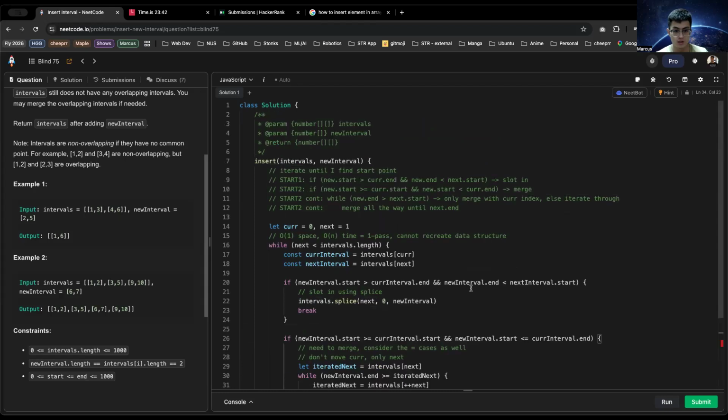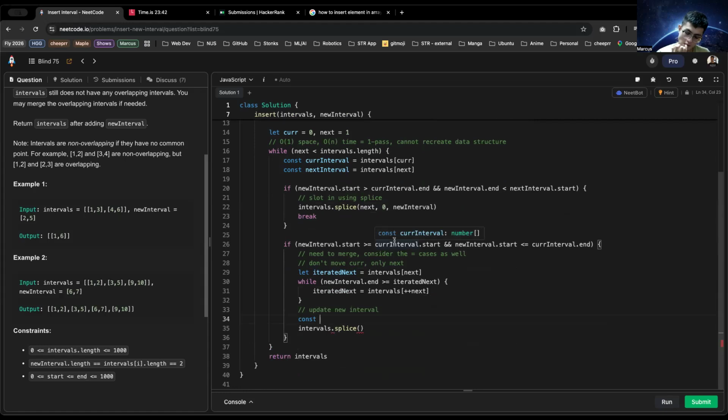Const, yeah, interval. What the hell is interval? Const new interval. Const updated new interval is equal to math dot min. I'll do, should be current dot start or start,